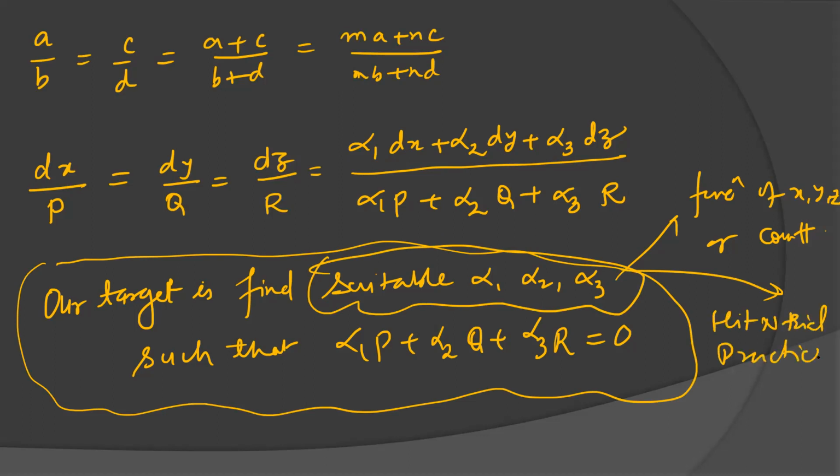Only practice. Even for a new problem, Lagrange's method will face difficulty. So this method depends on how you are practicing this type of problem. Then you can think and visualize alpha 1, alpha 2, alpha 3. This topic is a little bit complicated because finding alpha 1, alpha 2, alpha 3 is not a very easy job. Let's see one example. The method is this one only. Now I will discuss some examples and you will see how we can solve the problems.